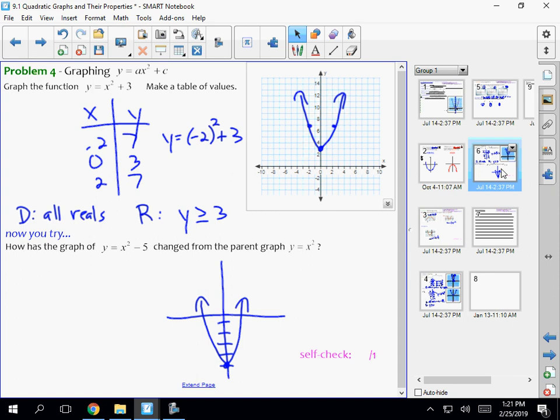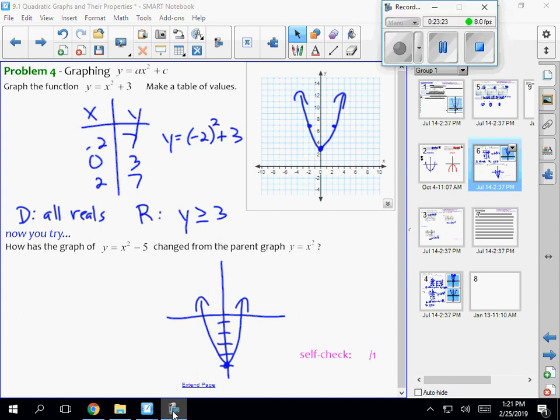I'm going to kind of guide you through the classwork here. Let's see how you're doing on understanding it. So if you turn to the classwork,